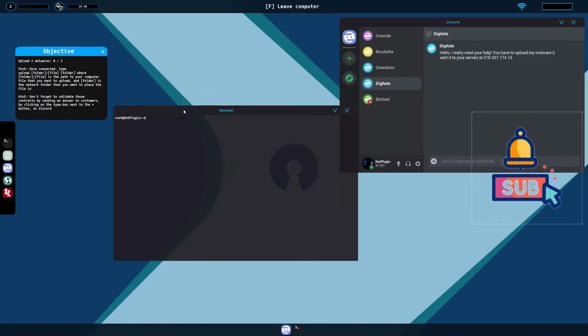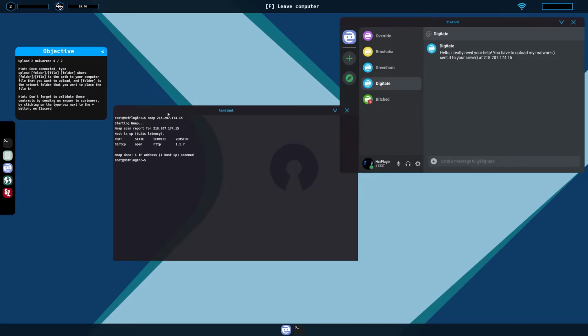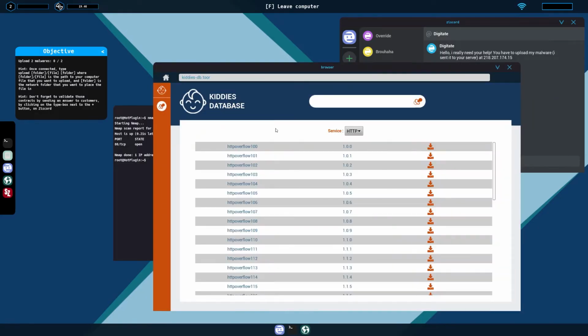First I think we have to exploit it, I guess. First we have to check the target: type nmap followed by the IP address of the target. Wait a few seconds for it to run and see which service is available, on which port, and which version. So the TCP port is open, and also it's an HTTP server. Let's go and download an exploit for that from the browser, from the Kitties database. It's HTTP